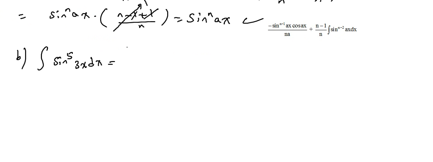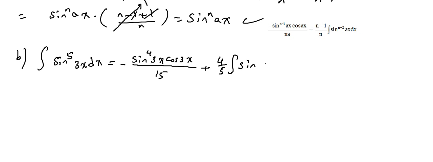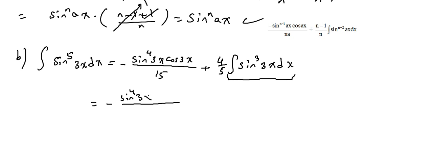Let me put the answer aside. So my answer is going to be minus, right, sine power n minus 1, which means 5 minus 1, means 4, ax, it's 3x, cosine ax, it's 3x, over n times a, which is 3 times 5, which is equal to simply 15. Plus n minus 1 over n, it's 4 over 5, integral sine to the power n minus 2, it's 3, right? Sine power 3x dx. Now we are going to simplify this one. So the answer is going to be minus sine to the power 4 of 3x cosine 3x over 15 plus 4 over 5 multiplied with